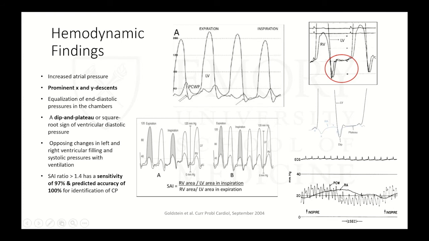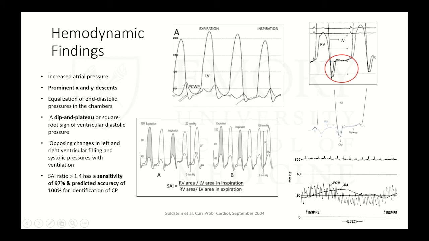So on the bottom right here, I took this from one of the review articles by Goldstein. This is a wedge pressure and right atrial pressure. And as you can tell here, during inspiration, there's a rise in right atrial pressure. That's your Kussmaul sign. And you can see how wedge and right atrial pressure are out of phase from each other, right? So they normally follow along pretty well, but they don't really follow along in a patient with constriction. And on the top here, you see the equalization of the diastolic pressure during inspiration and